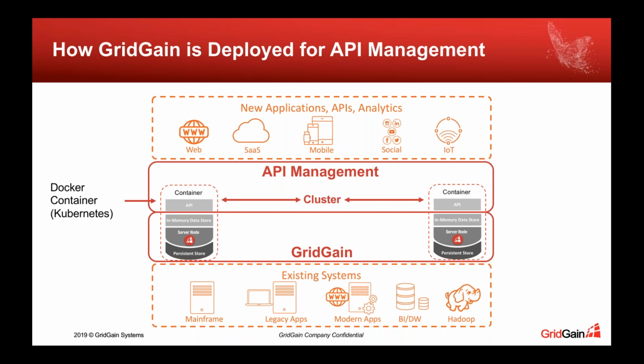You're going to take the API, you're going to take a node, which is an in-memory data store, it has persistence, and it has the computing function, and you're going to co-locate it in the same Docker container. I should add that the majority of deployments we see are now Docker containers, have been for a year or so,